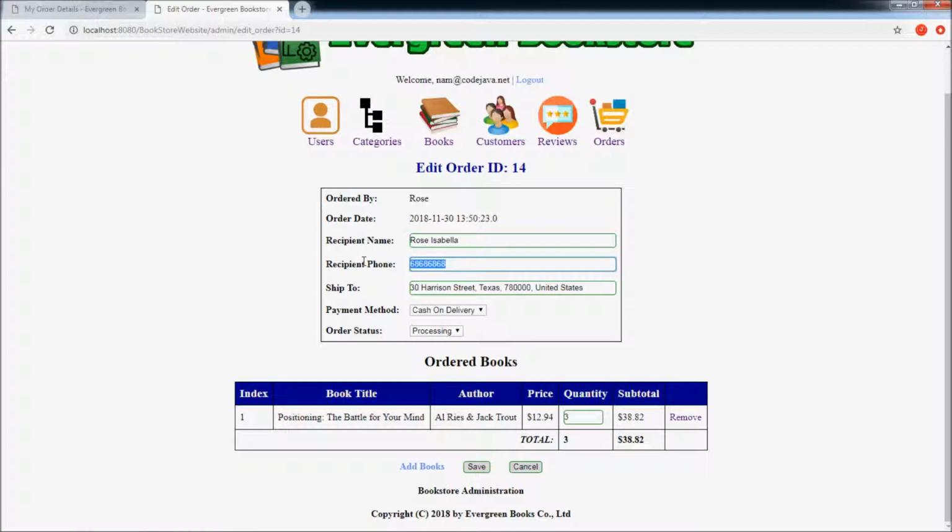Recipient phone is 09123456789 and shipping address is 200 North Street, and the order status we update is shipping, and click save. We keep the order books unchanged and click save,